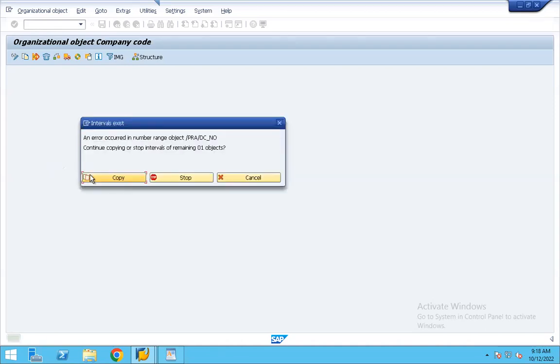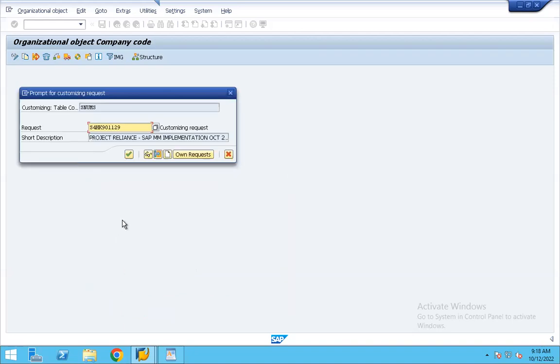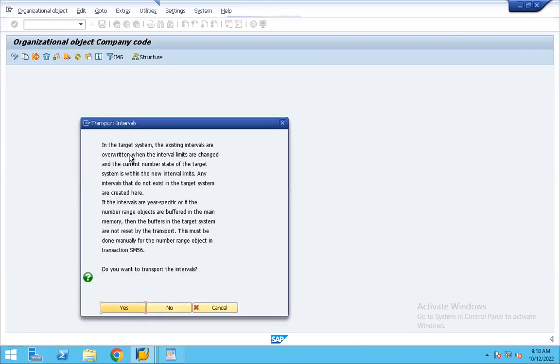Let's hit on this cross, and an error occurred, so we can just hit copy. In a target system, the existing intervals are overwritten and lines are changed. Do you want to transport the intervals?